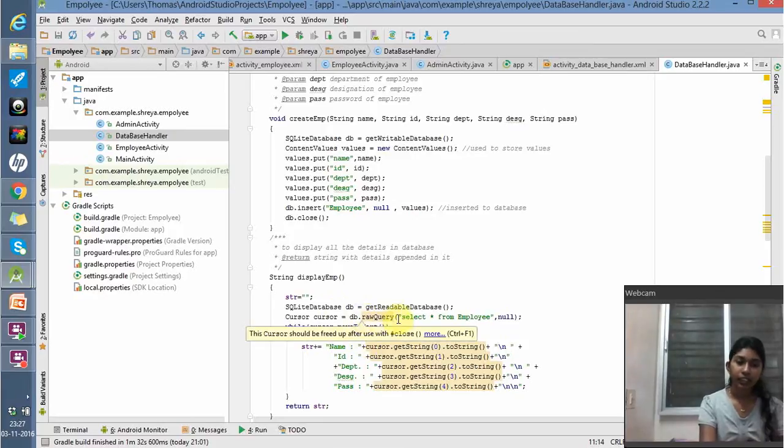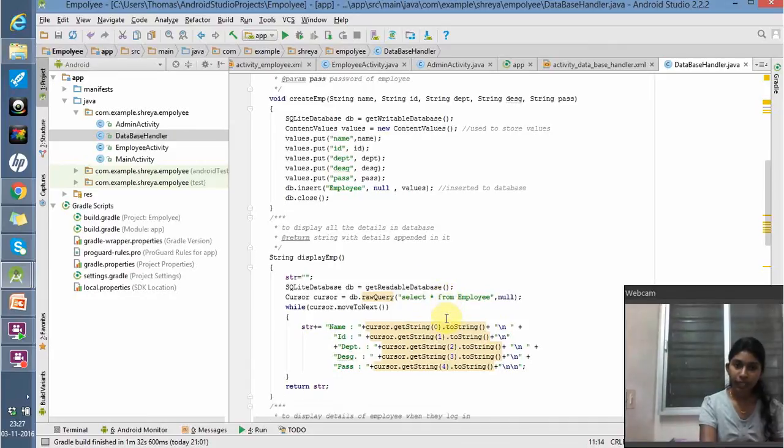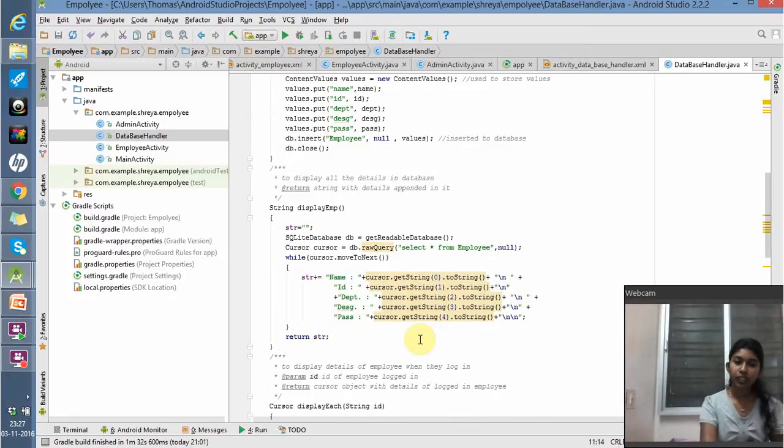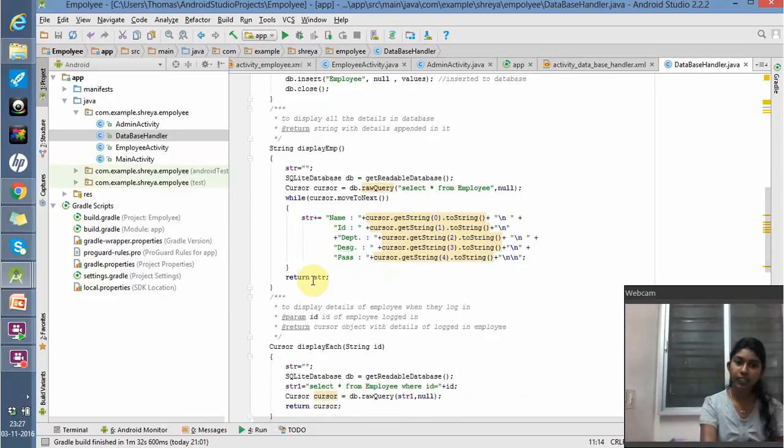And then we get a method name as rock query, for which we select that particular name of the employee, and then the details are passed to the move to next, that shows the next variable one by one, moves the cursor to the next point. So the next point starts from name, ID, department, designation and message and the password. So one by one it shows all together, added and returned to the string. So as a whole, the string shows all the details